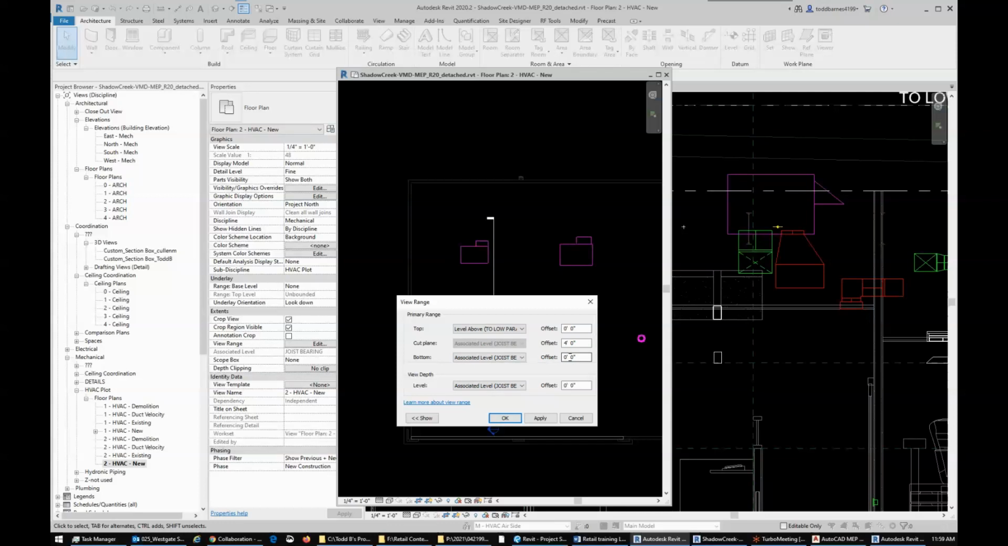And the bottom of our plane is at 0, so we're cutting through the view at 4 feet above, and the bottom of the view is at this joist bearing level. But we want to drop that down to try and see the duct drops here. So if we lower that view to that -2 foot 2, and we're going to do the same for our view depth, and hit apply, and hopefully